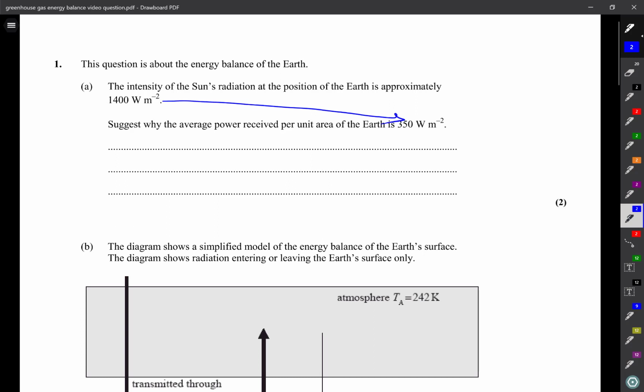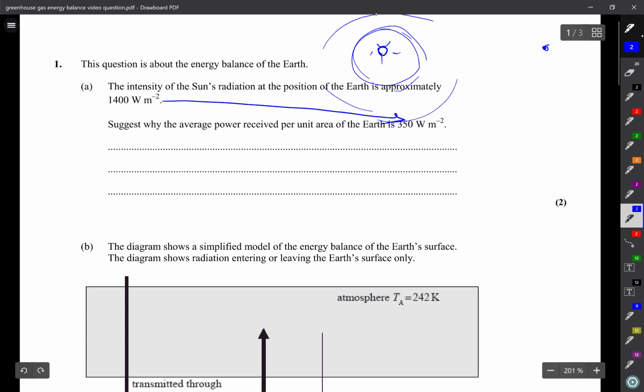Let's say you have the sun around here. We've got the sun shining very bright. And as the radiation from the sun travels away towards the Earth, that power is spread over a sphere of influence. And the further away the radiation travels, the more dispersed, the more separated, the more diluted that power becomes. So by the time it comes to Earth, it's only a mere 1,400 watts per meter squared. So per meter squared in this sphere, I know it looks like a circle, that particular area will get only 1,400